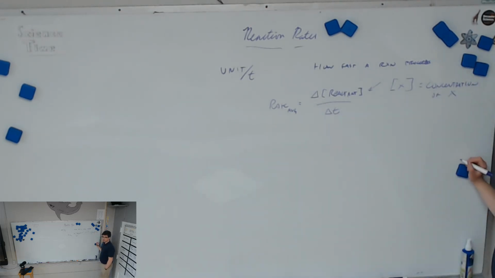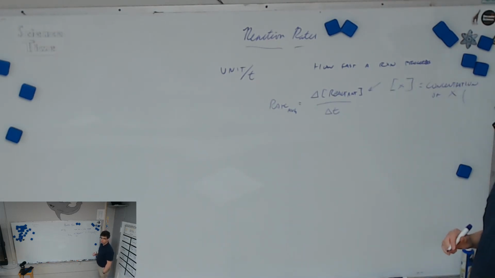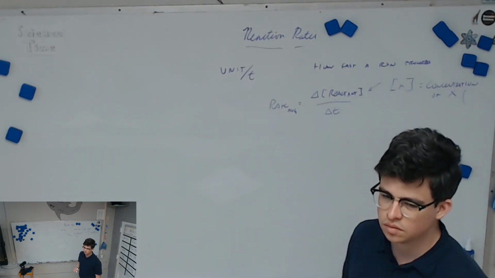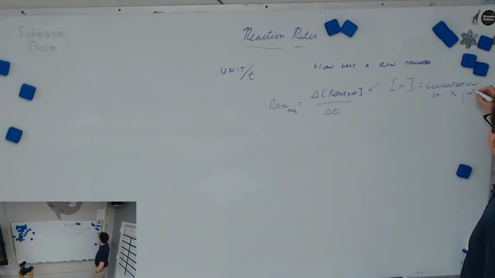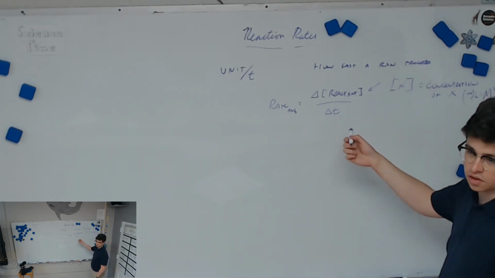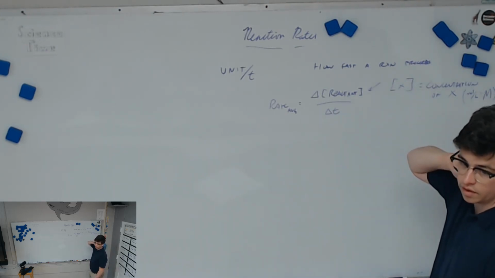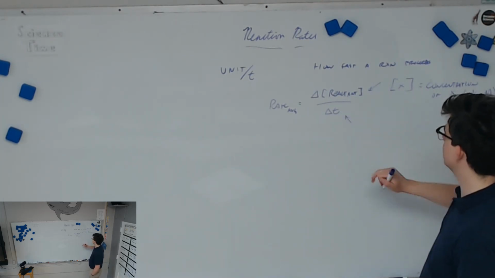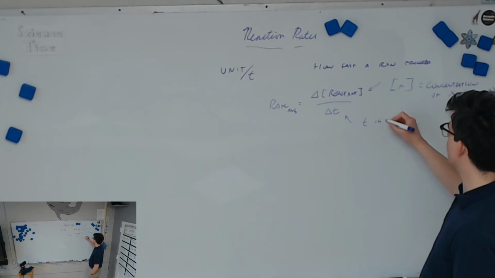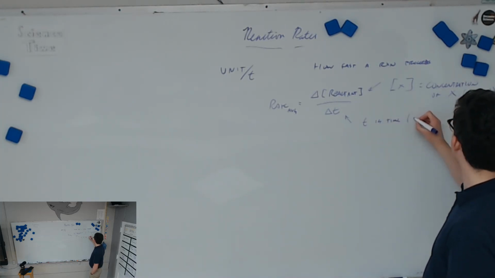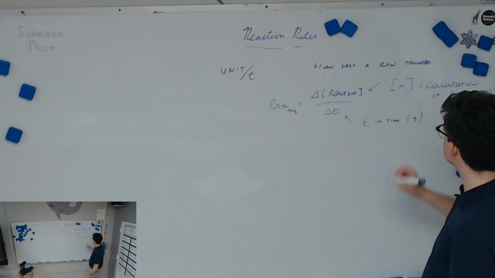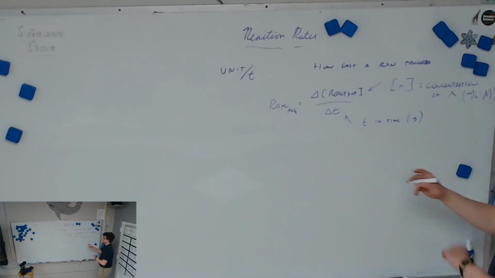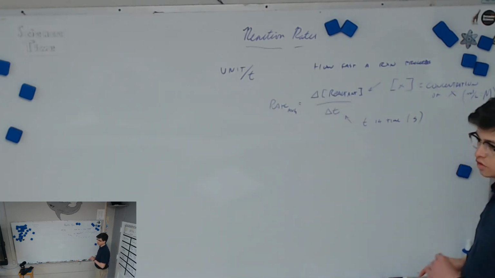Well, how do we measure concentration? Usually, what's our unit going to be for this? Moles per liter, which is equal to capital M, which we call molar. The molarity. Usually we're measuring the change in concentration, which is molarity, divided by delta T. What do we measure T in? T is time measured in generally what? Seconds, yep. So in general, our average rate of the reaction is the change in concentration of the reactants